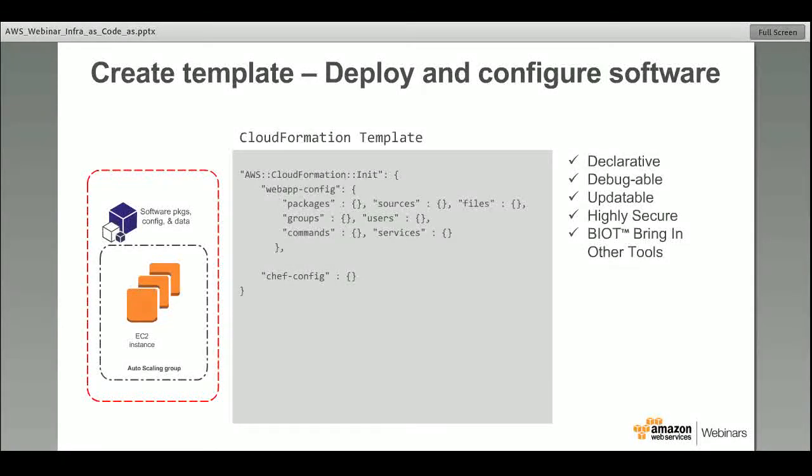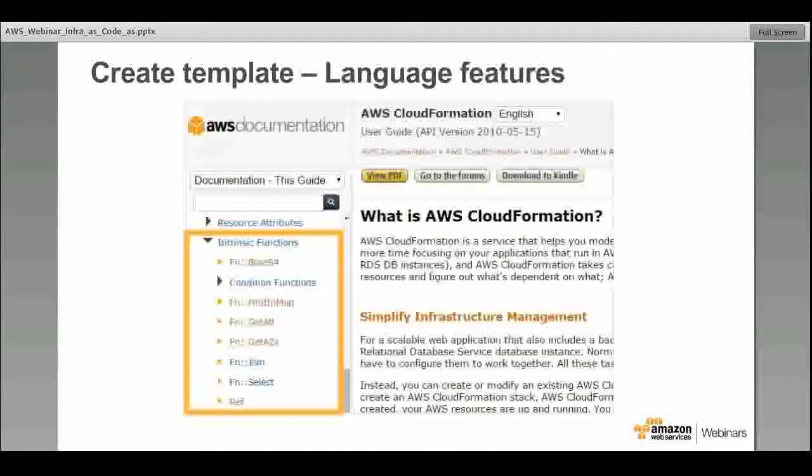Inside the stack, when you provision those EC2 instances, the next thing you want to do is deploy the application that you want to run on those instances. And we have a framework called AWS CloudFormation Init, which allows you to deploy software on the instances that you're provisioning. And we'll talk in a little bit more detail about this feature later in this presentation.